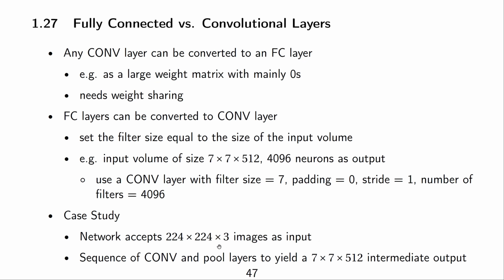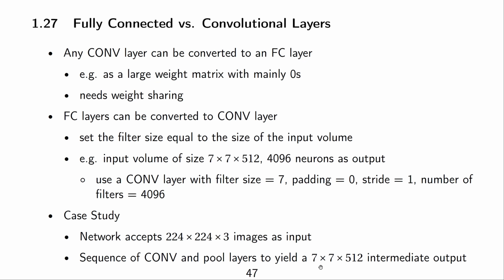Imagine our network takes 224 times 224 RGB images as input, then there are a bunch of conv layers, and eventually we end up with a 7 by 7 by 512 intermediate output tensor. This is fed to a fully connected layer. If we then replace this fully connected layer with a convolutional layer,